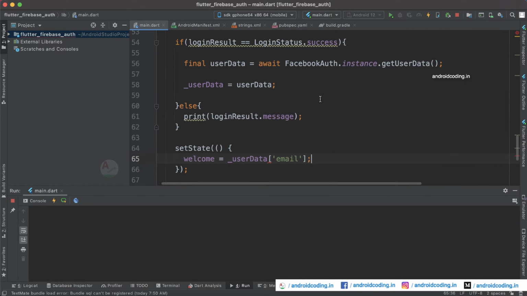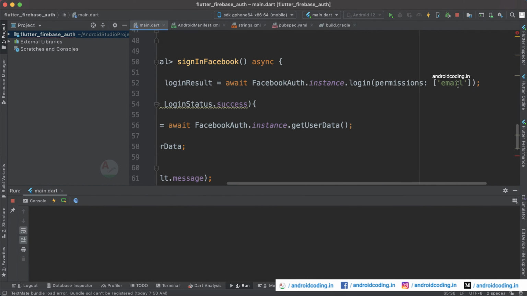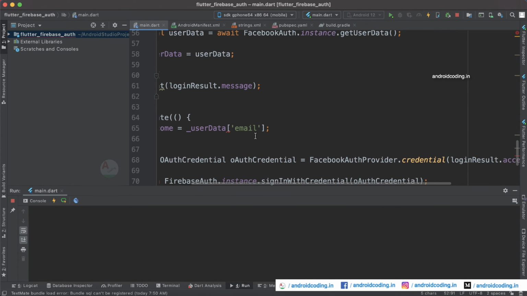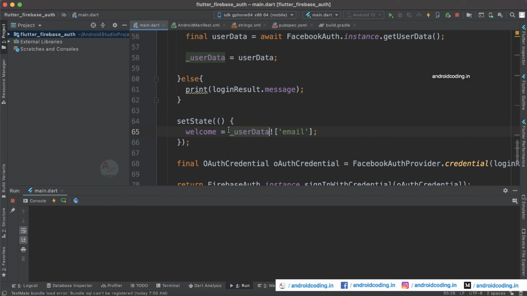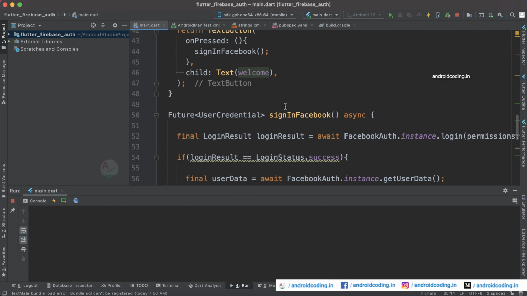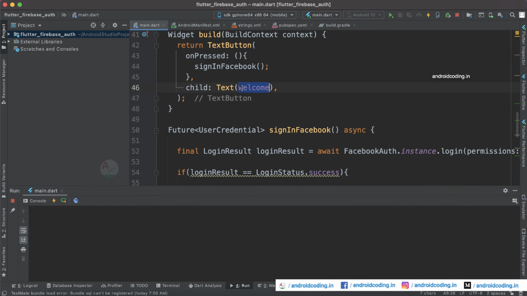So we have specified email, right? So we are trying to fetch the user email address, and now I'm trying to store the email address here. Add a null check here, and we are trying to fetch the email address and try to store it in the string variable here, and we are trying to append the string variable to our text widget.